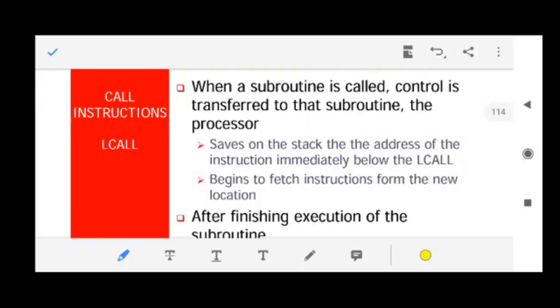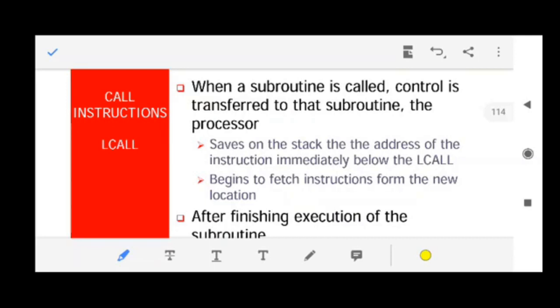So this is very important. What happens when a subroutine is called? Actually, when you write a call instruction within your program, what actually happens inside the 8051? This is very important, where a number of questions have been asked in your semester exams in various universities, also where the microcontroller and embedded systems subject is taught. This kind of question is always asked. So this is an important topic.